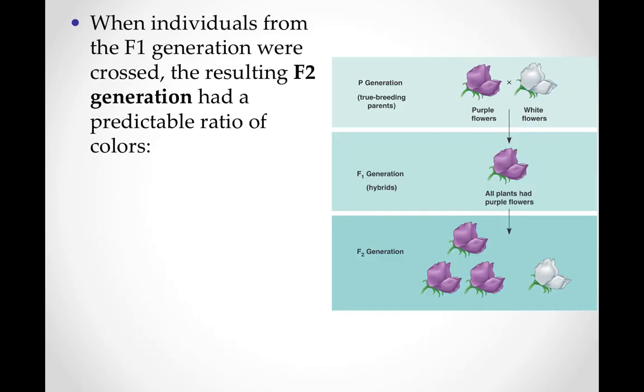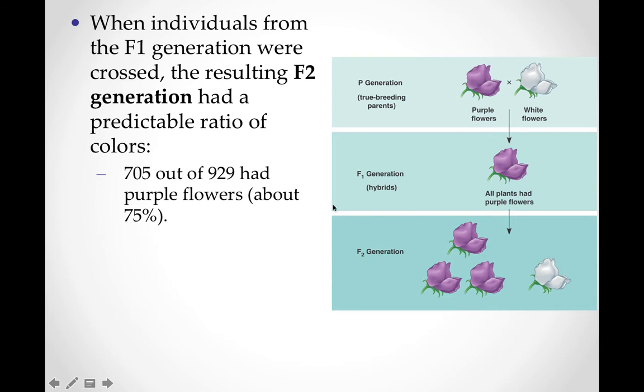So when the individuals from the F1 generation were crossed, resulting in the F2 generation, they had a predictable ratio of colors. So we had our pure generation, we took our F1s, and we crossed two F1s, okay? So we had an F1 and an F1 here. They were both purple, but in the F2 generation, we have a 3-to-1 ratio because we have 3 purples and